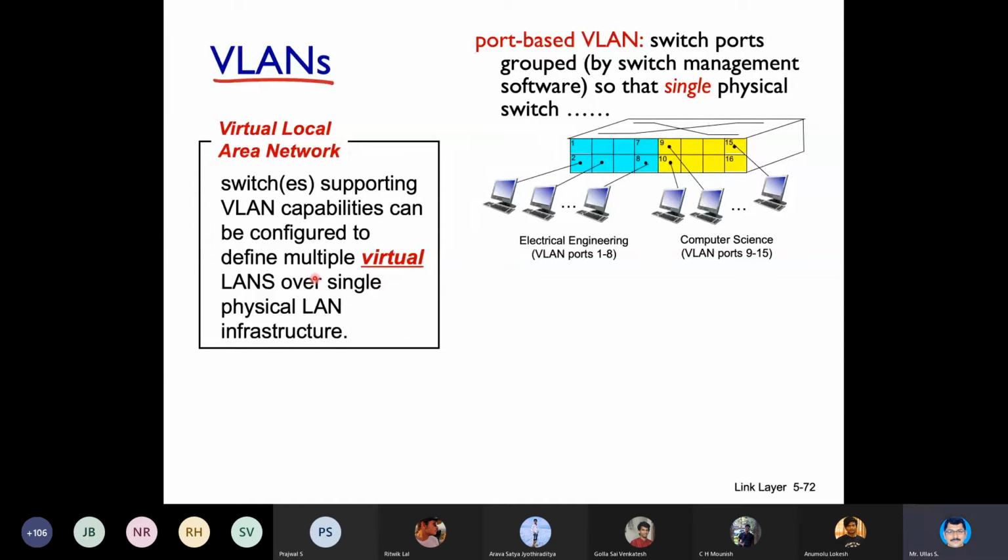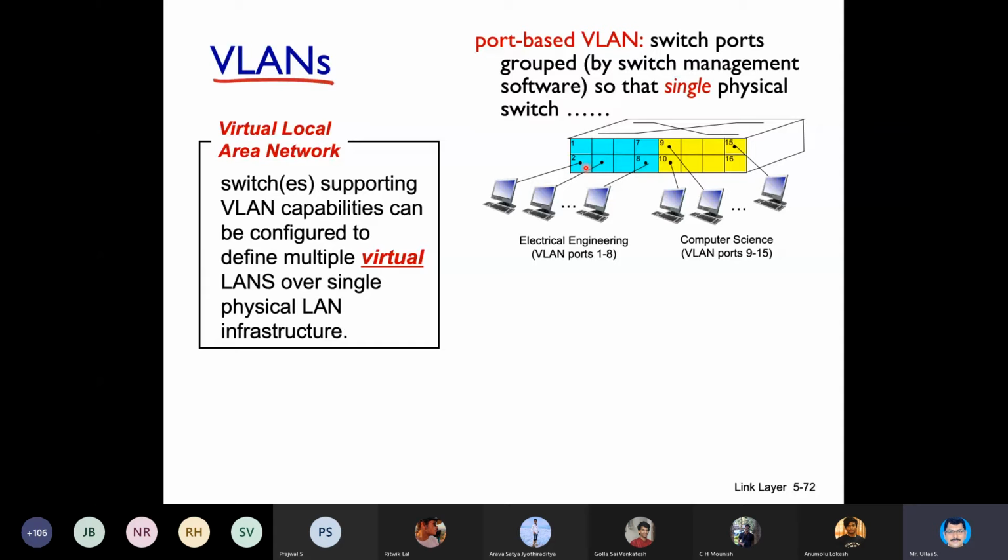And this VLAN creation you can do in various ways. One is you can divide statically based on the port numbers. The other way is based on the computer that is connecting, the computer's MAC address. The most accepted or most performed method is port-based VLAN, where the ports are pre-assigned.